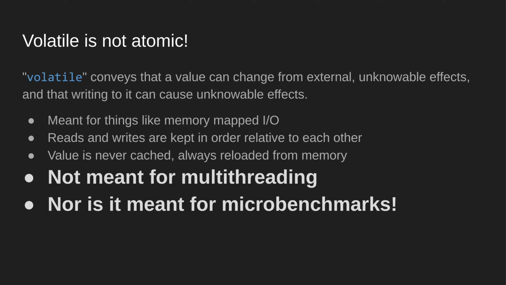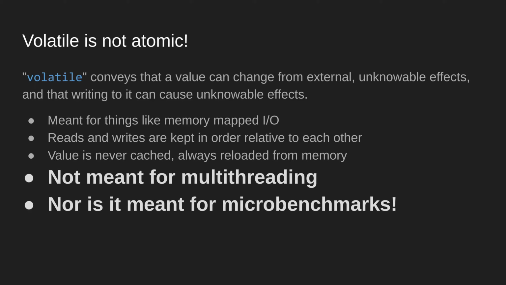And if you are multithreading and you want an atomic variable, you just have to say atomic. You can't call it a volatile. Sometimes you see code which seems to treat the volatile as some sort of atomic replacement.